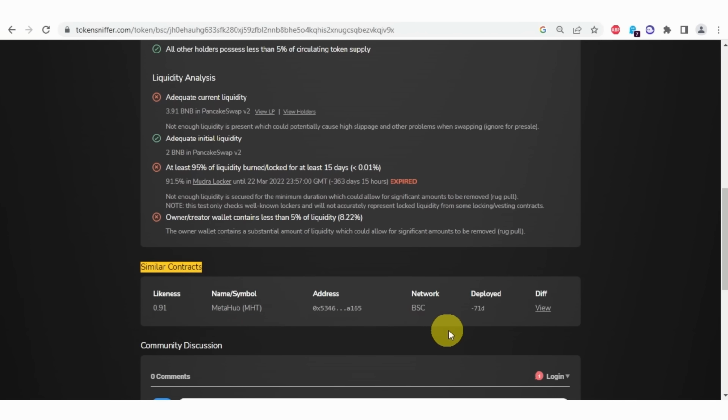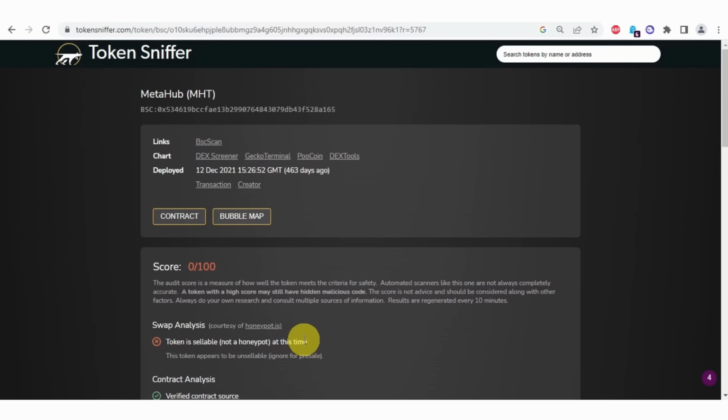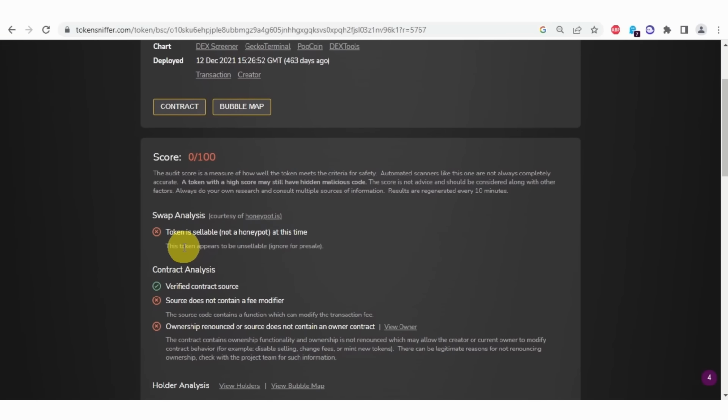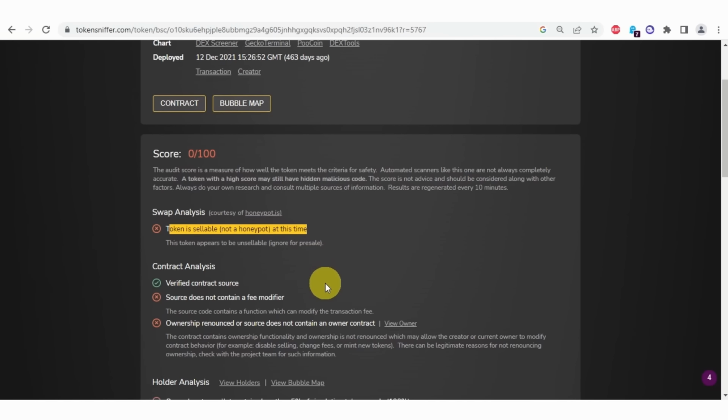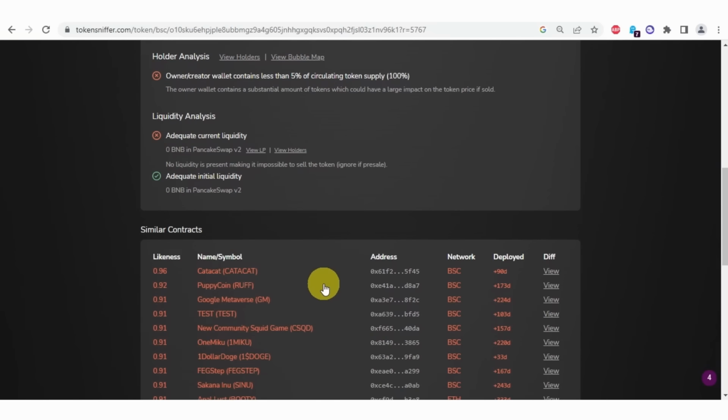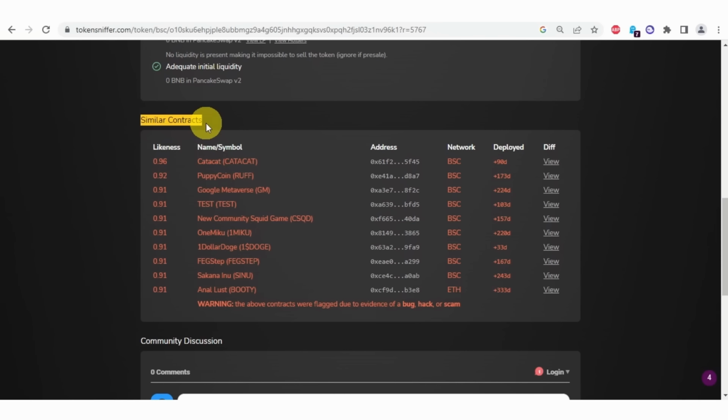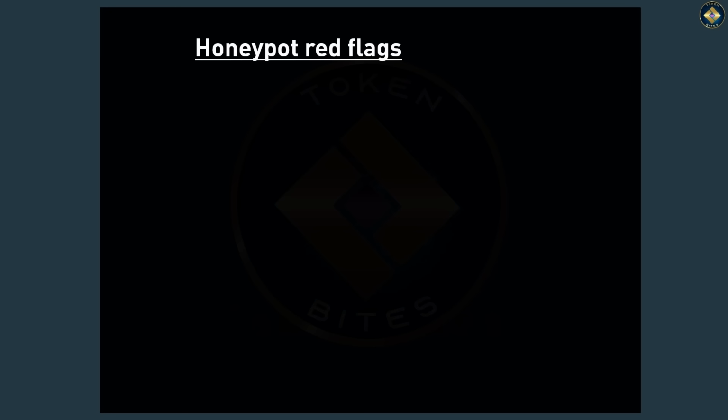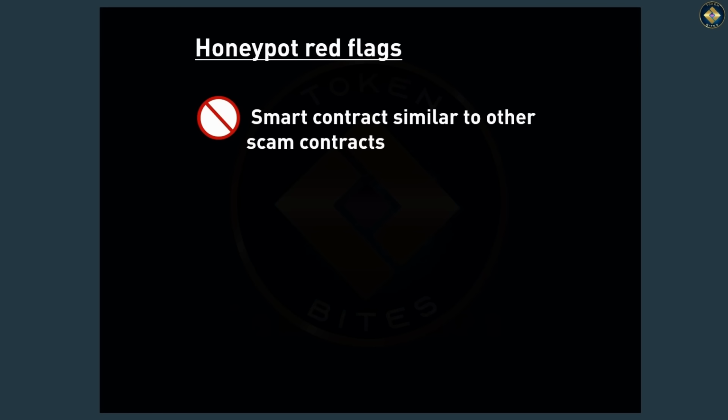Now, this is important as many scammers just redeploy the scam contracts under a different name. So similar contracts can be a red flag for rebranded scam contracts. In our case, when I cross-checked all the contracts flagged in this alert, they are all actually the same contract with different names, so most likely from the same scammer. So this contract similarity warning is an important one.